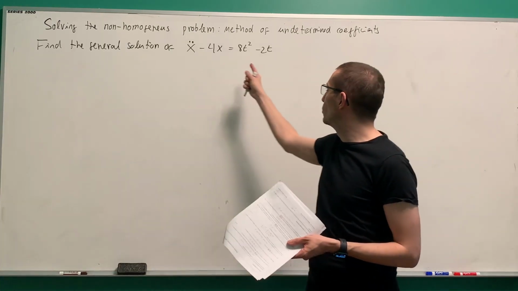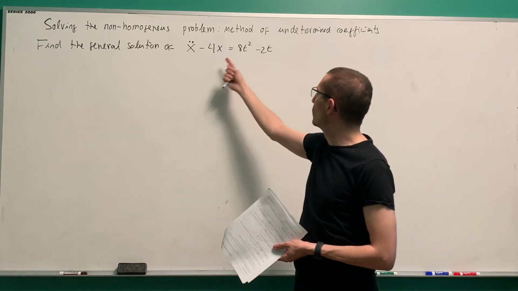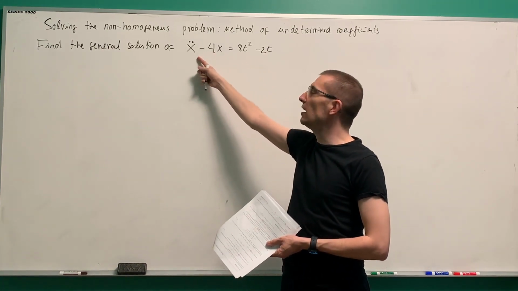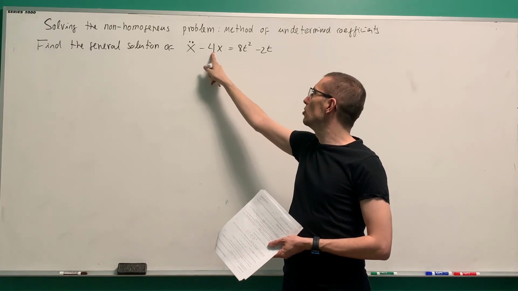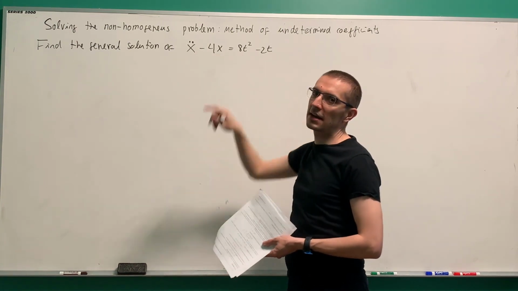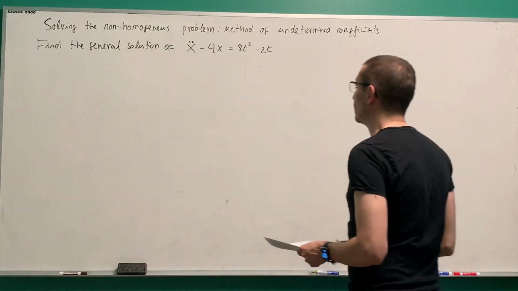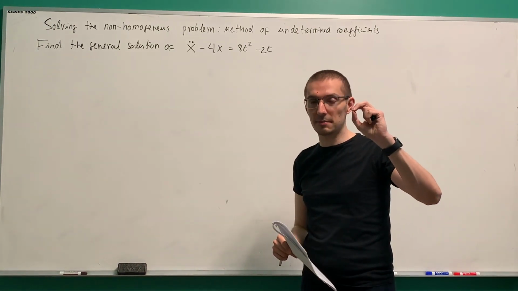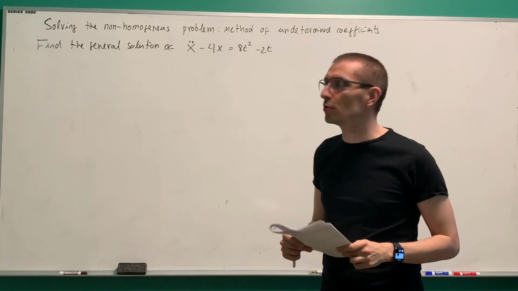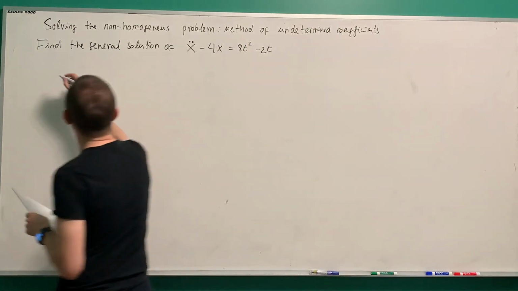All right, let's solve this one. Find the general solution of this equation. As you can tell, it's a linear, second order ODE with constant coefficients, but you get an inhomogeneity. The inhomogeneity is a polynomial, so our guess is going to be a polynomial. But first, let's follow the steps. First, let's find the solution to the homogeneous problem. So, find